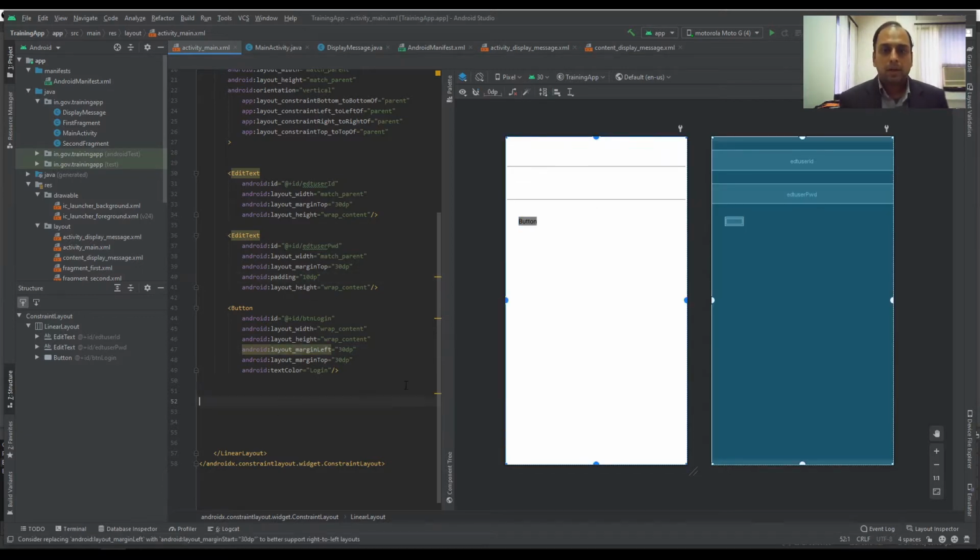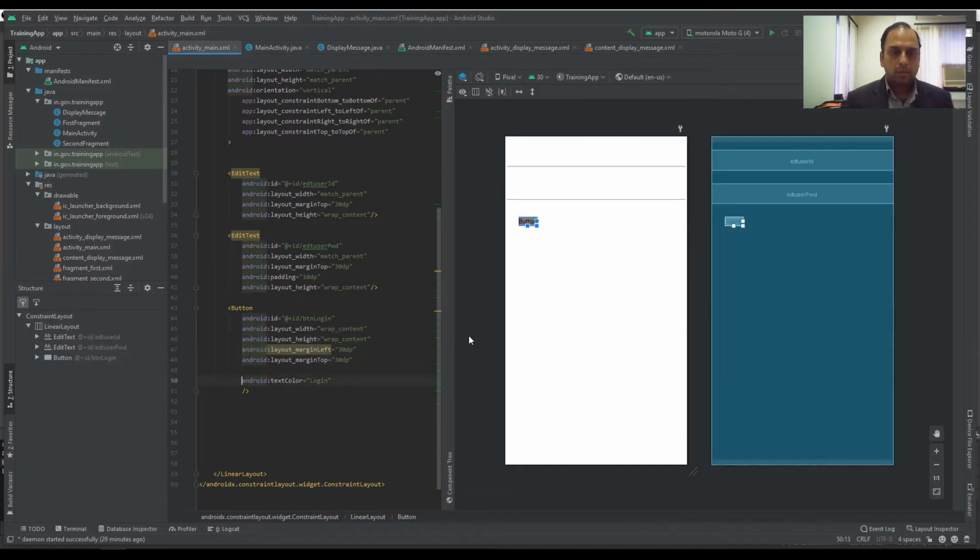Okay, now let us go to the programming part. When the button is clicked, I'm going to add a command here. On click, login to app.